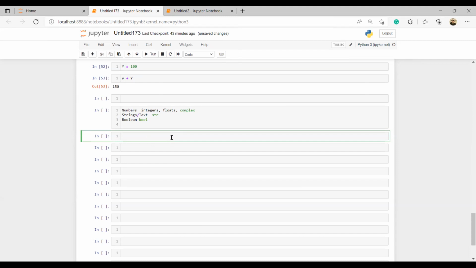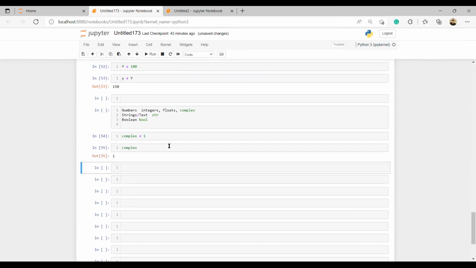Good. Now take note, the same way you notice that Python is changing some colors. Can you see complex, string, Boolean? These are reserved names. That is why it is not advisable to call a variable complex. I say complex is equals to 1. It will still run it, right? So if I type complex, it will give me 1.